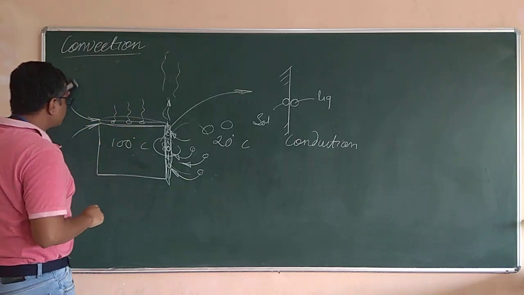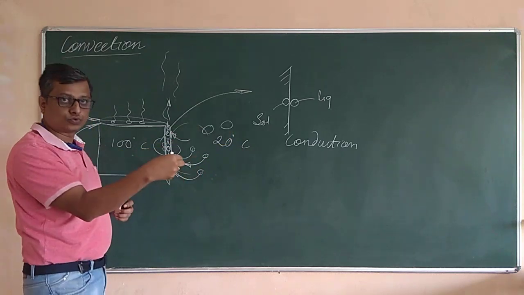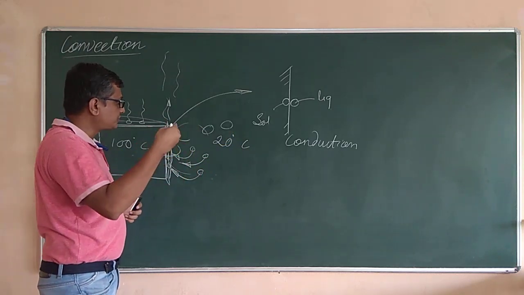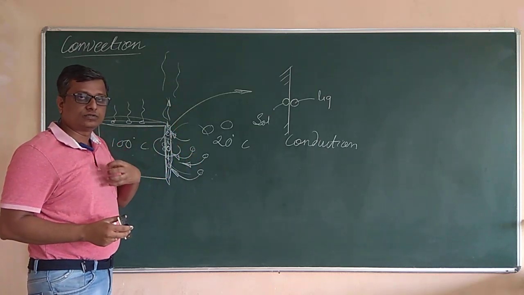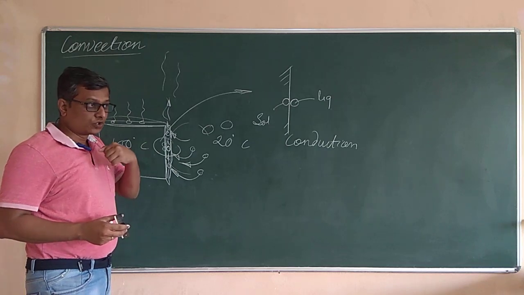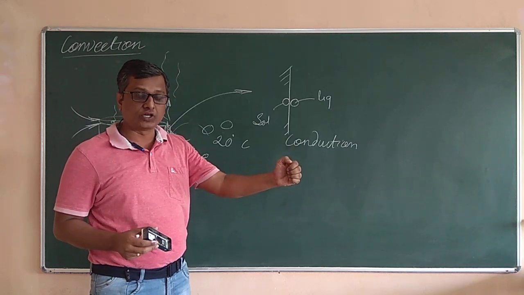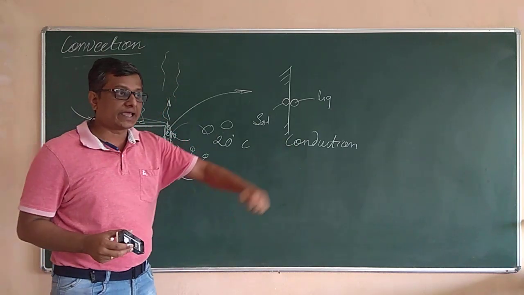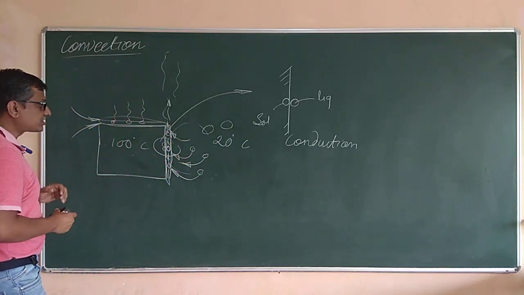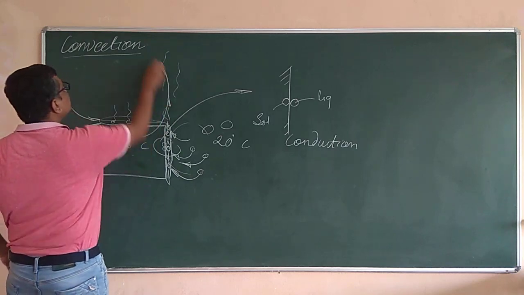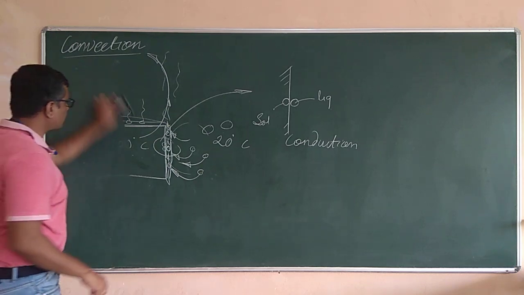Now in convection, the molecules go close to the object whose heat is to be transferred. In a specific example, if I take the solid surface at higher temperature and the fluid at lower temperature, then the fluid molecule goes close to the solid surface, into actual physical contact, absorbs the energy from the solid surface and moves away from it. Like that, a continuous circulation of the fluid takes place, and whatever heat is transferred in that way, we say it is convection. So this is the basic concept of the convective mode of heat transfer.